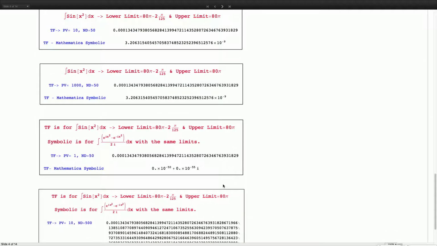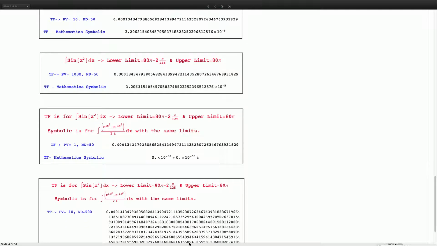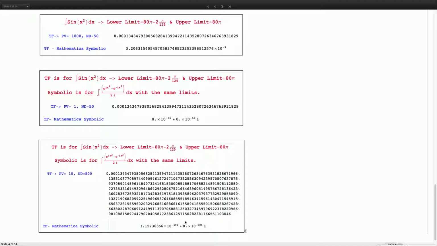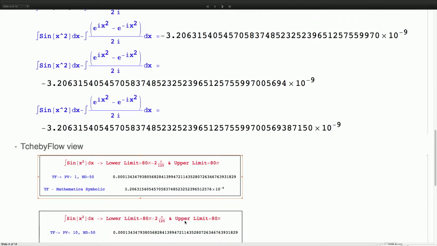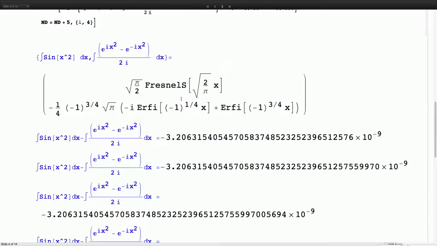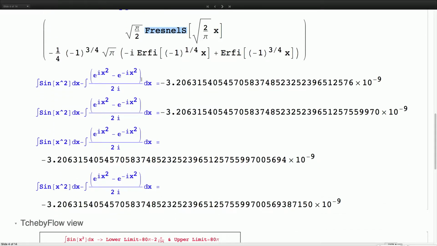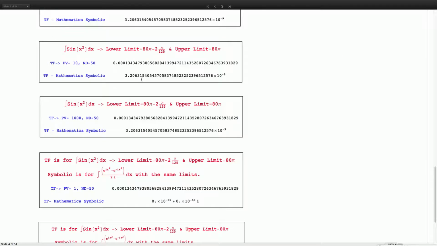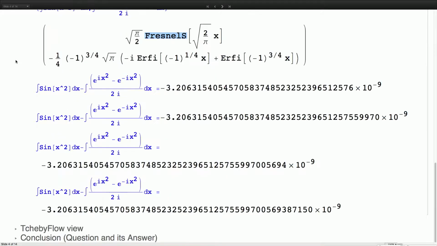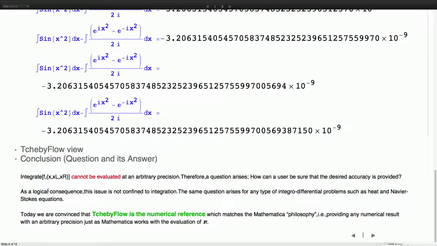So I went to the second function. Then I evaluate this function symbolically and keep evaluating this one numerically. And I do get the result that I'm looking for, like 10 to the minus 50, 10 to the minus 500. So that means that what was happening here is Mathematica was failing to evaluate the Fresnel correctly in that region. With that being said, when you have such a powerful method,